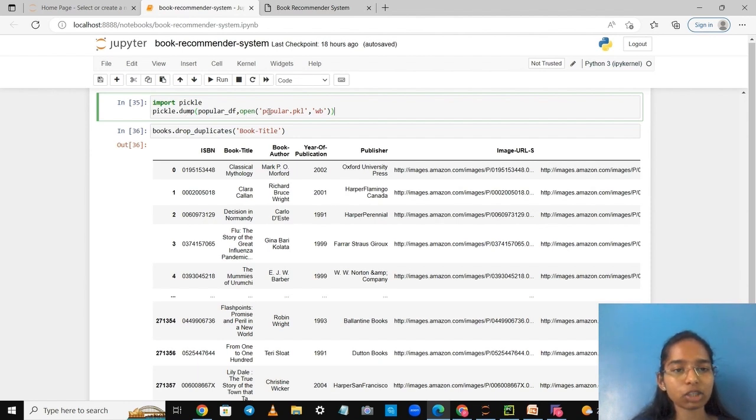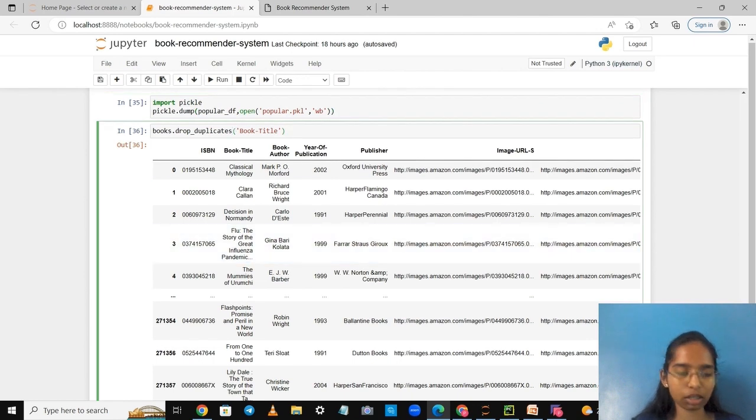The file which we have named is popular.pkl. pkl is the extension of pickle and it is in write mode. So when we run this command, we'll get a new file, popular.pkl, which has all the content from the popular df file.